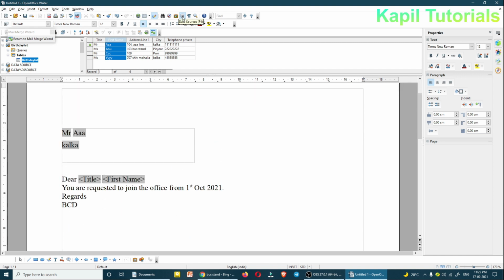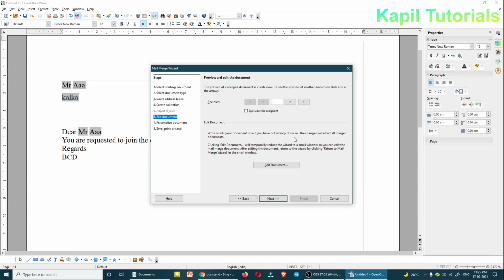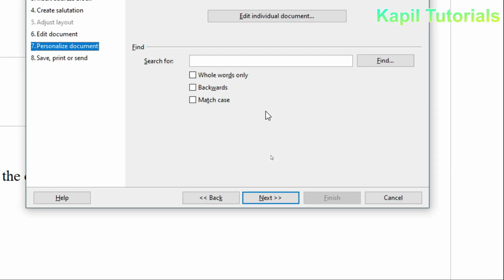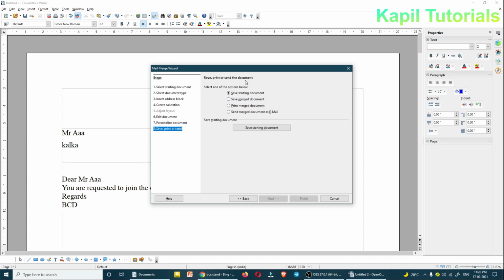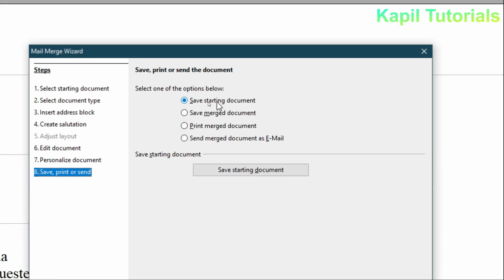I'll just close this data source, return to mail merge wizard, and then afterwards I'll click upon next. Personalized document, again if I want to edit I can edit, but I don't want to edit now. I click upon next. Now earlier I clicked upon save starting document, save merge document.